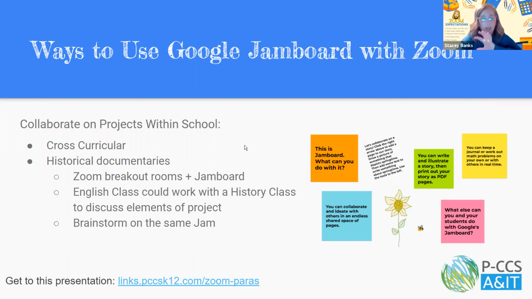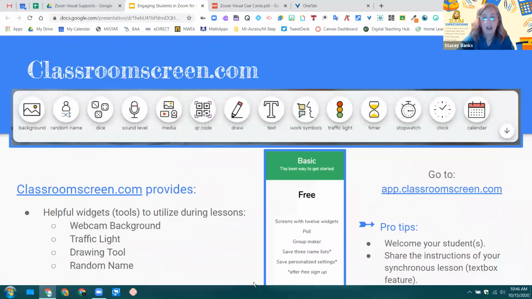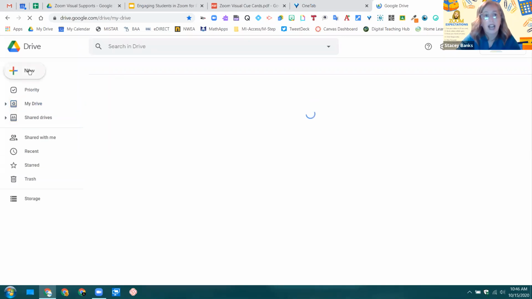It's just a blank canvas you can share with your students and that you both can work on. So I'm going to quickly exit out of it and show you how it works. If I start from my drive, because it is a Google tool, you can start a new Jam from here. I can go to new,